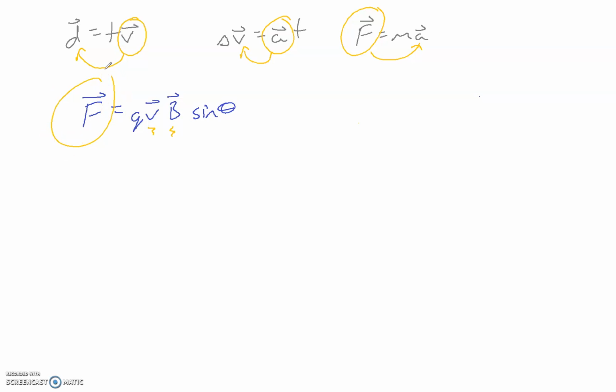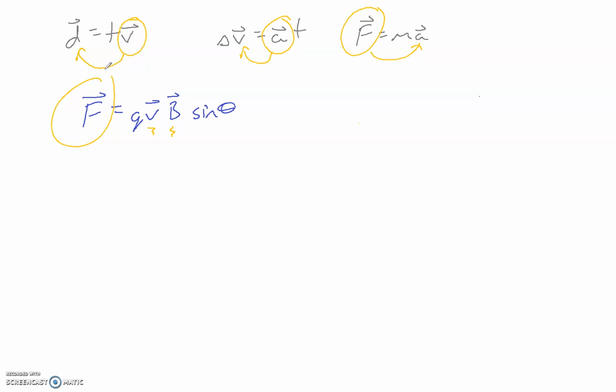One doesn't take precedence over the other one. The velocity vector is not more important than the magnetic field vector or vice versa. It doesn't work that way. This one gets a little bit different. Now, because you have two directions of the velocity and the magnetic field, and one can't take priority over the